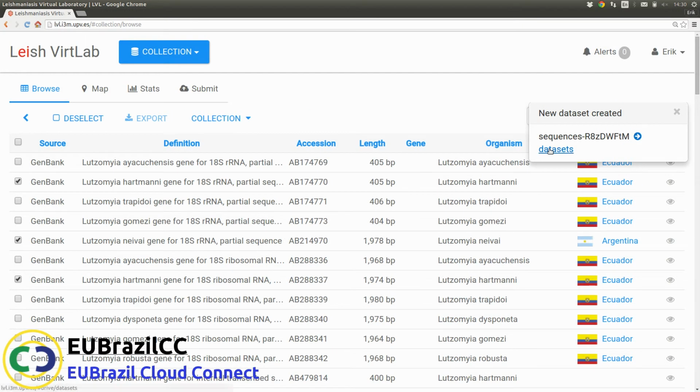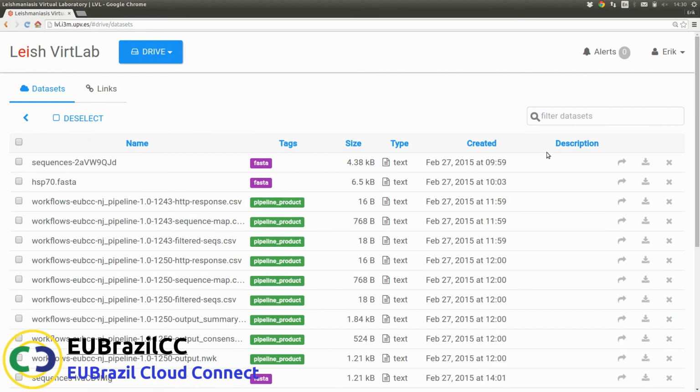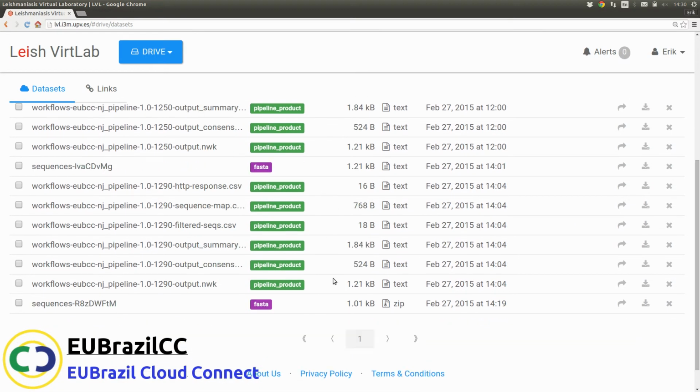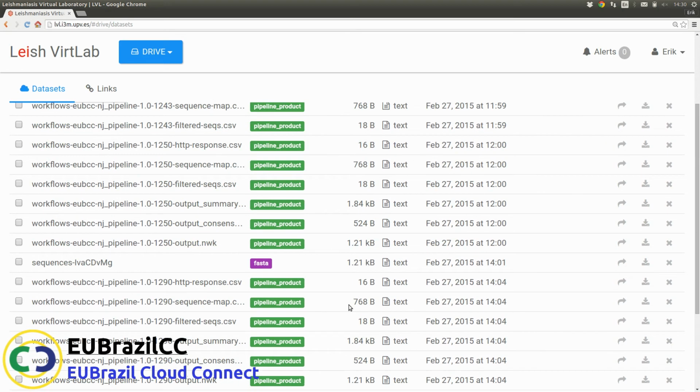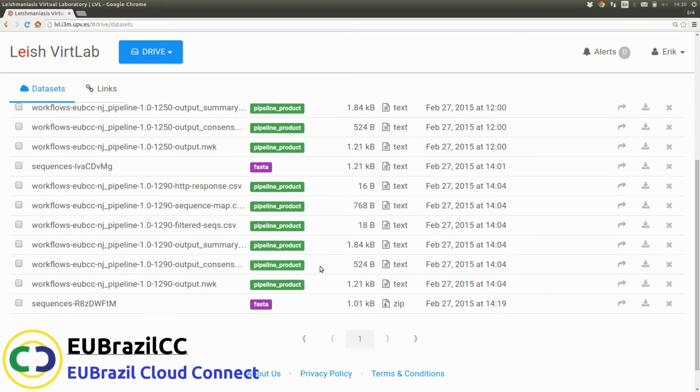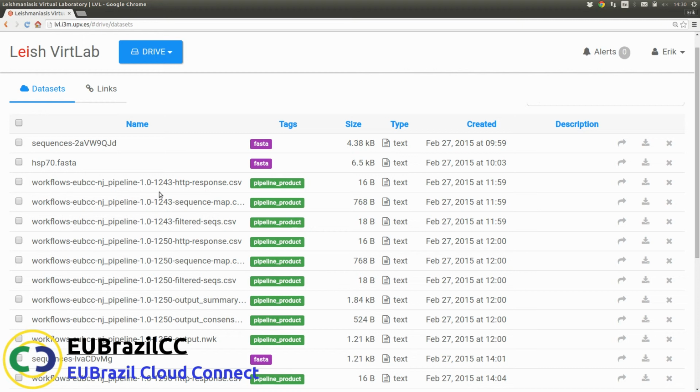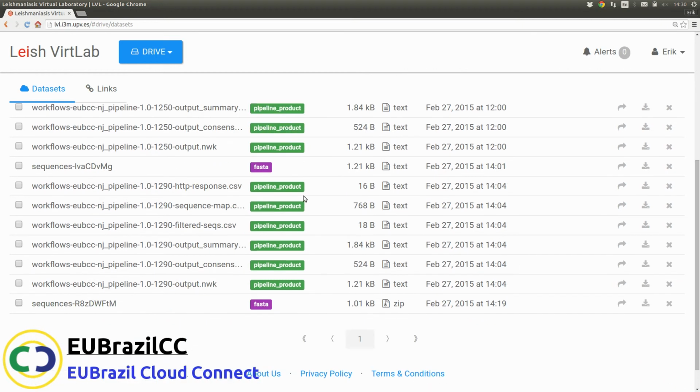Once the sequence is exported, you can browse your files, including your sequences, using the drive. Also, you have the possibility of downloading the sequence from this view,